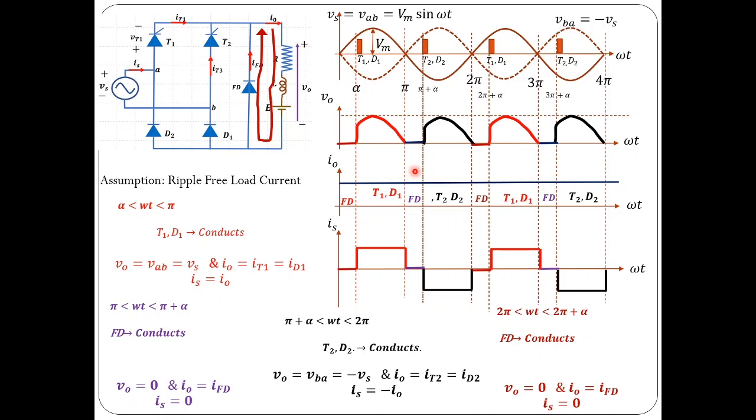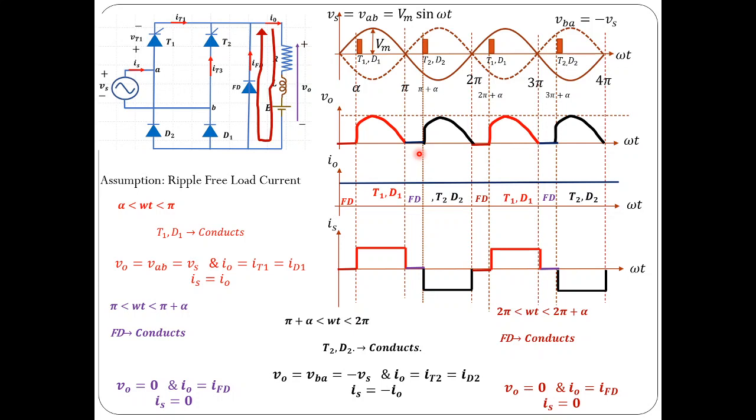Of course, its average value and RMS values are equal, and that is equal to the instantaneous value throughout the conducting period of the load. Now, load frequency is 2 times the supply frequency. So in order to compute the average or RMS value of load voltage, one has to consider only one cycle, that is, only alpha to pi plus alpha. So let us try to compute average and RMS values.